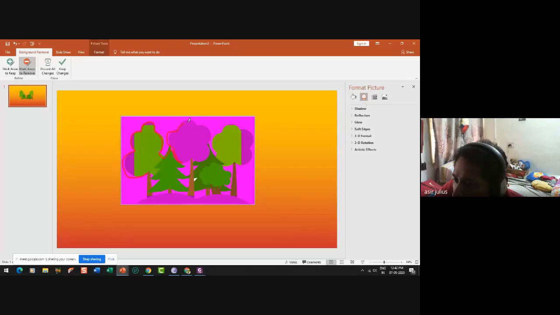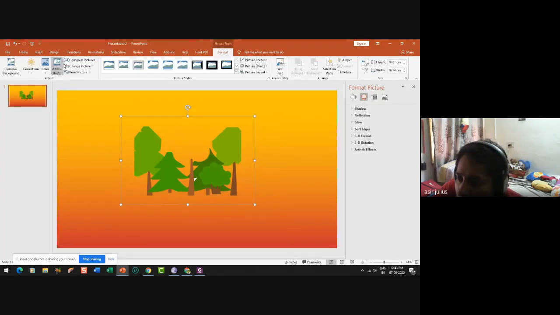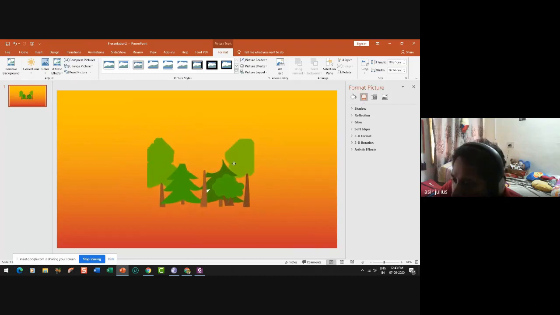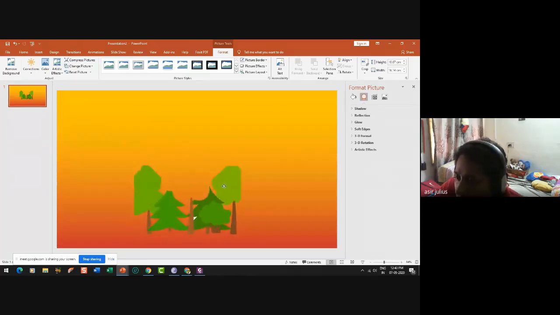So I have drawn it. Of course, it is nasty. Okay, now I'm going to remove it. Yes. So our forest has come, but it may not look good, but still it is okay.